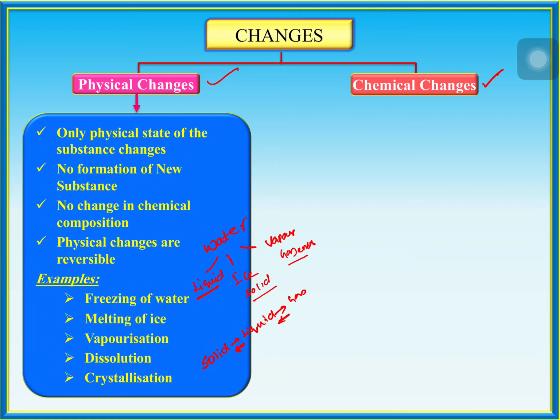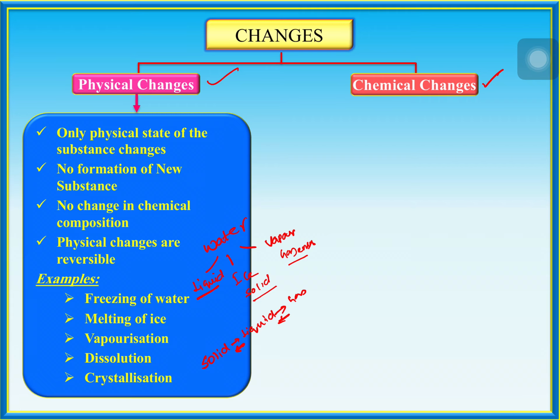You are going to call anything a new substance when the starting material and ending material have entirely different properties, entirely different chemical properties, when the molecules have changed inside. When I do plastic surgery for you, I cannot call you a new person because inside you are the same. Your genetics, your genome, DNA, RNA, everything is the same. Only the external look is changed. Like that, this is also. The physical state is changed. It doesn't mean inside everything is changed.